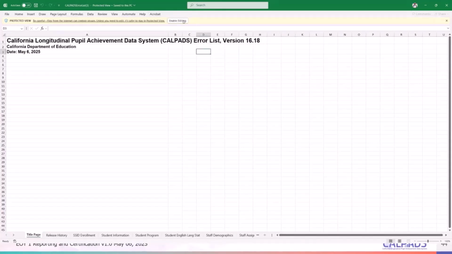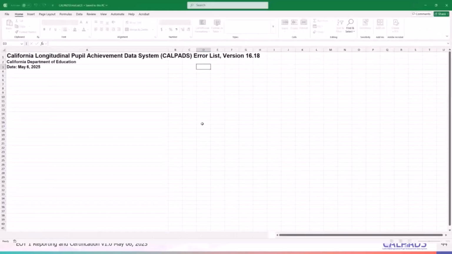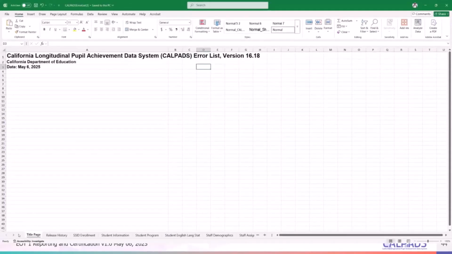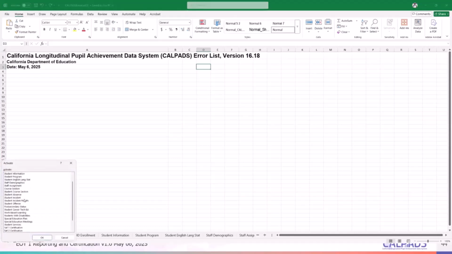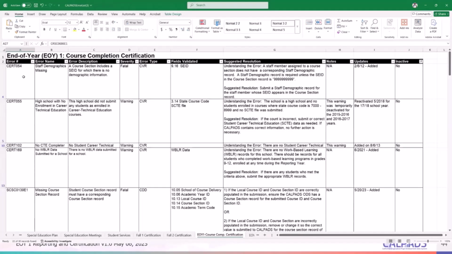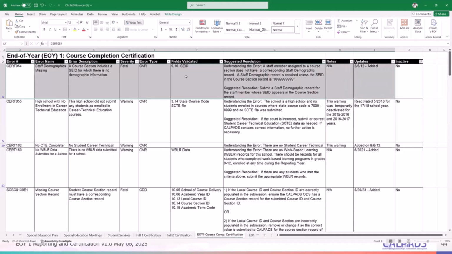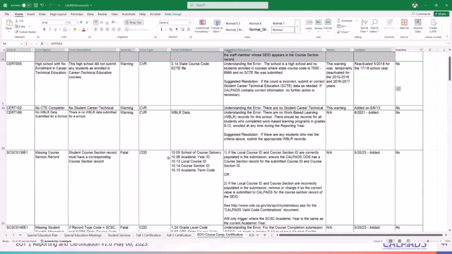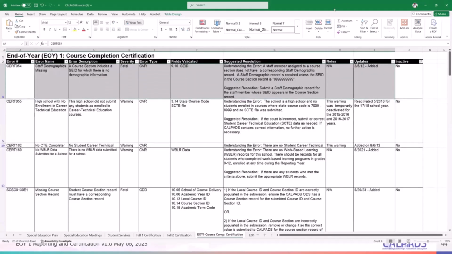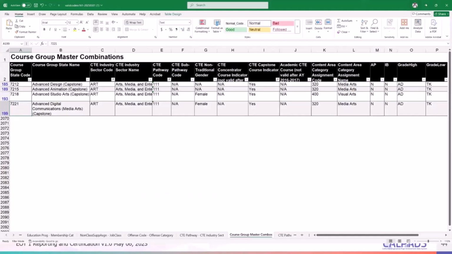The only difference between this and the CalPads user manual version is that some additional information that you need would be missing here. So let's go to end of year one. You have all of these errors. These are your errors. It has the error resolution, notes, updates, what fields to look at. If you're comfortable resolving errors this way, then you could refer to the CalPads error list and download it.